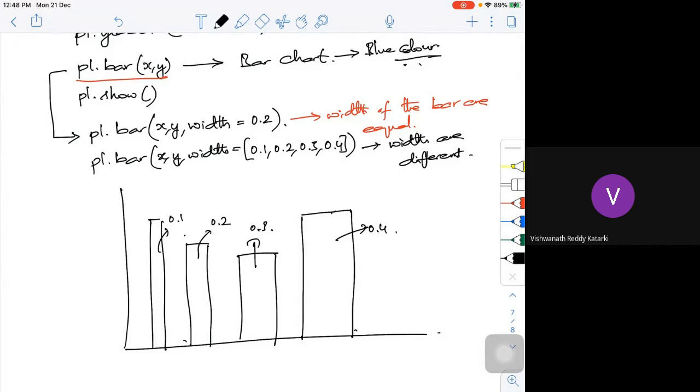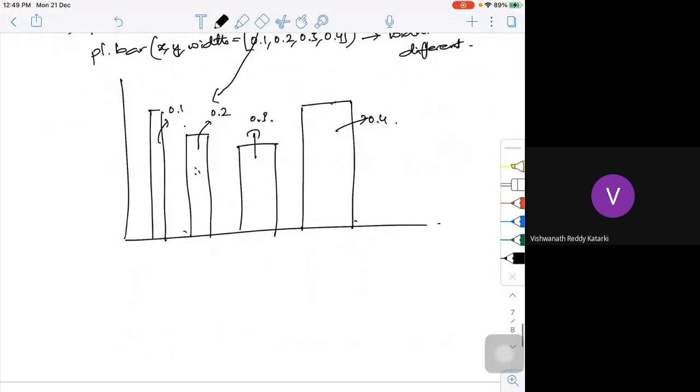A simple bar chart with a constant width: all will be of this thickness. If I go with variable widths, 0.1, 0.2, each bar will be of different thickness. Now say I want to play with the color. The default is blue, and I can change it to green.